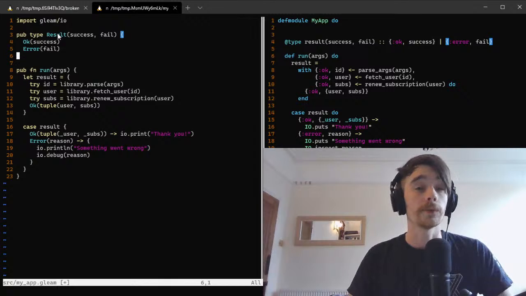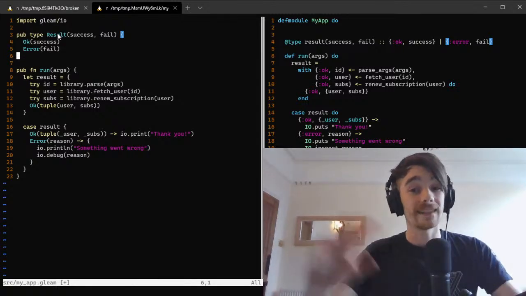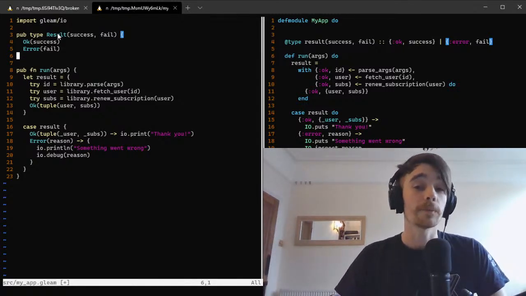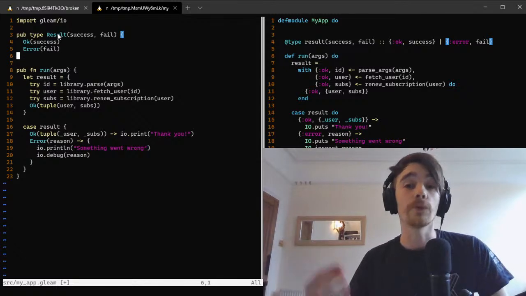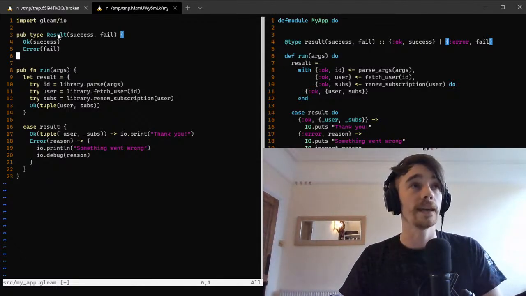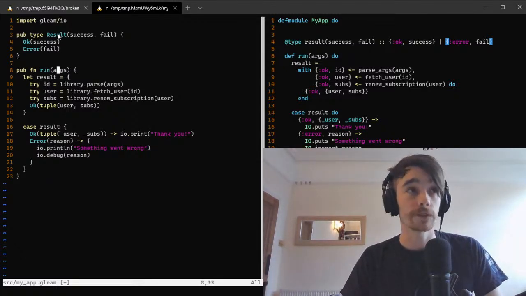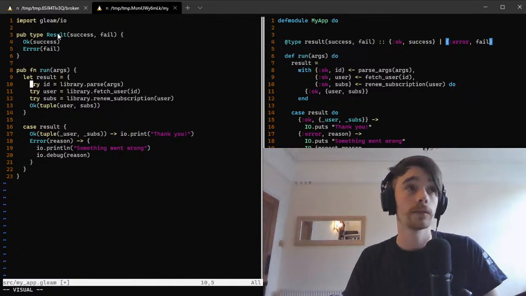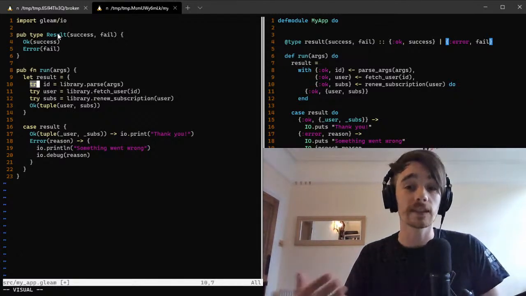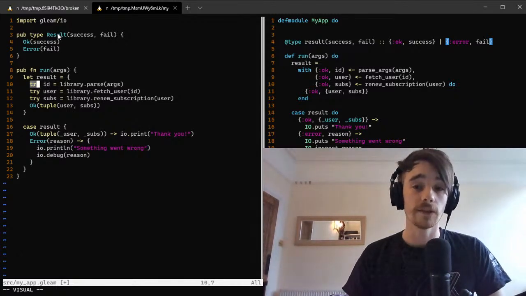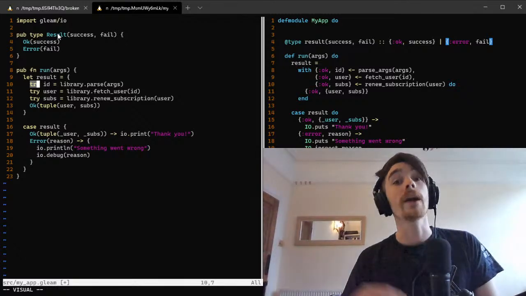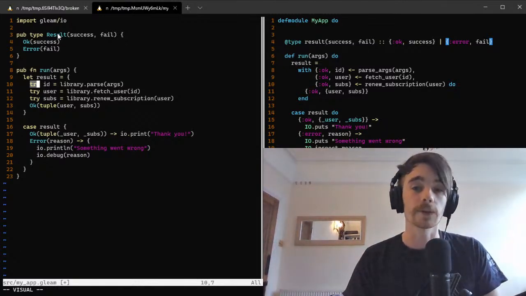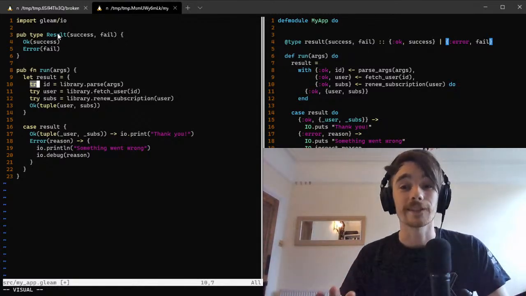So for example, because we have declared this as a type, the Gleam compiler can always make sure that anytime you say that something is going to be a result, for example, if you use try here, we are telling the compiler this is going to be a result. And if you've made a mistake in your code so that it might not be a result, it might be something else, the compiler will say, well, hold on, there's something wrong here.